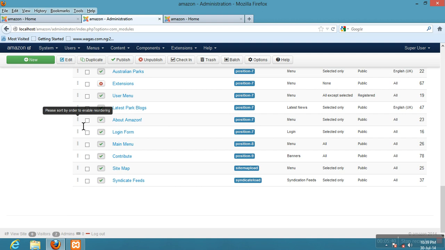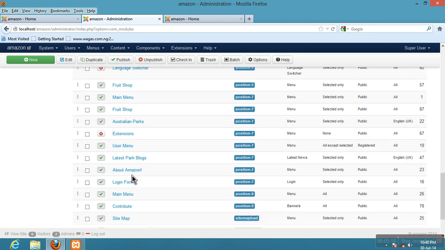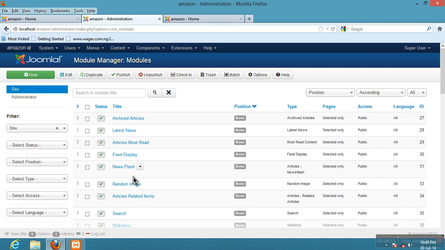Okay, simply saying please sort by order to enable reordering. Forget about that English, I'll just simply explain it to you in simple terms. For you to be able to make these dotted lines active, because these are the things you'll be using to order or reorder your modules that are in the same position, all you need to do is scroll up